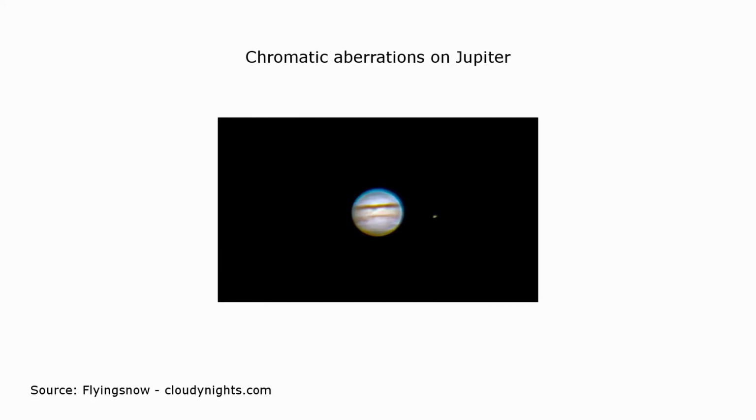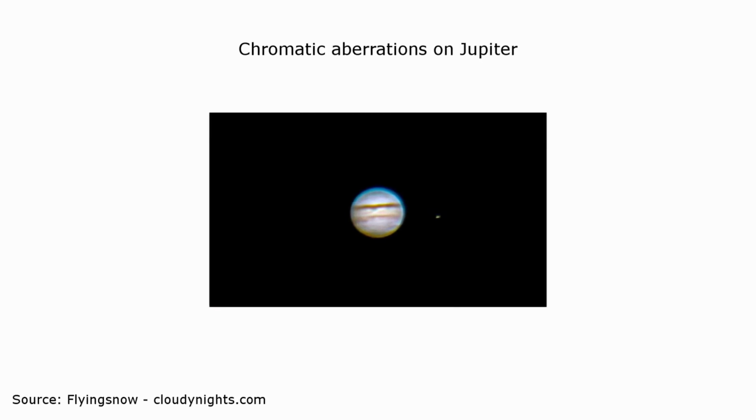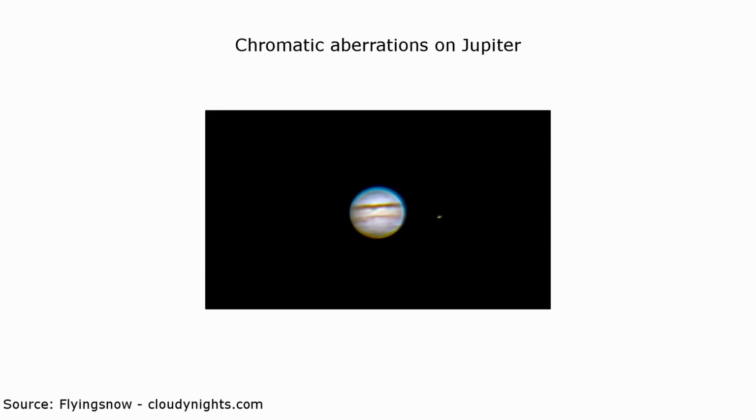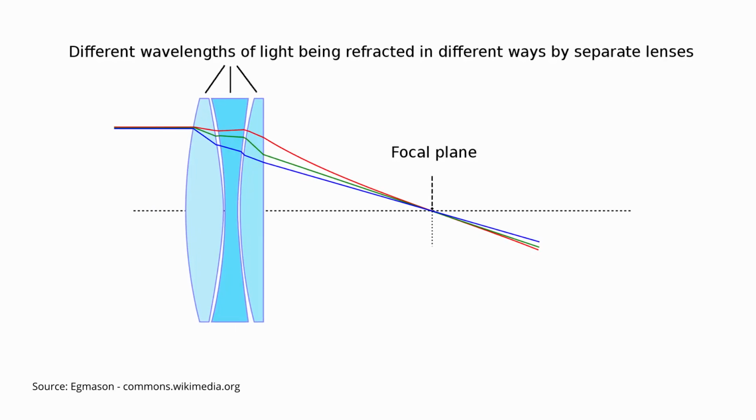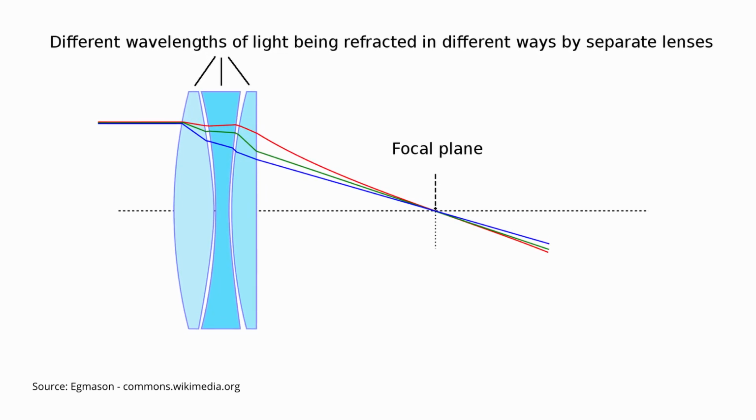If you use this lens to observe planets, for example, then the object you are observing looks as if it has a bit of colored halo around the edges. This optical error is known as chromatic aberration. Usually, eyepiece and telescope manufacturers use different lenses with different refractive indices to force the individual wavelengths of light to focus in the same focal plane instead of multiple ones, correcting for chromatic aberrations as much as